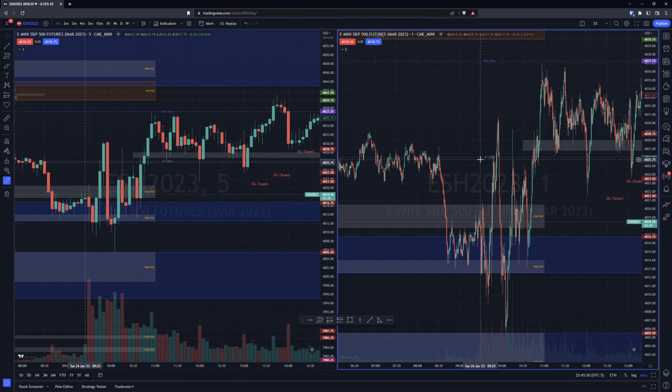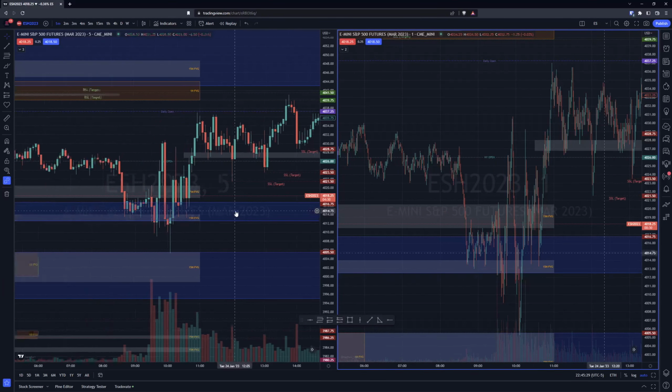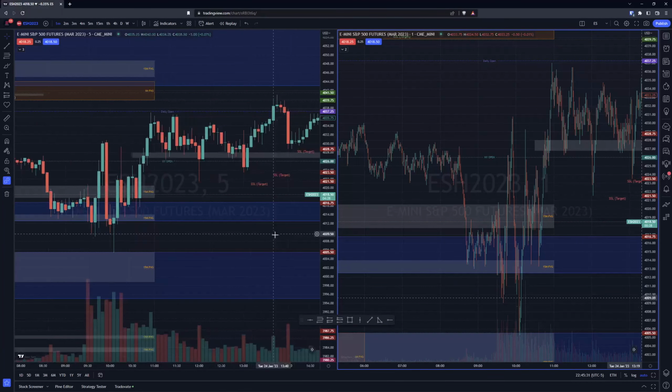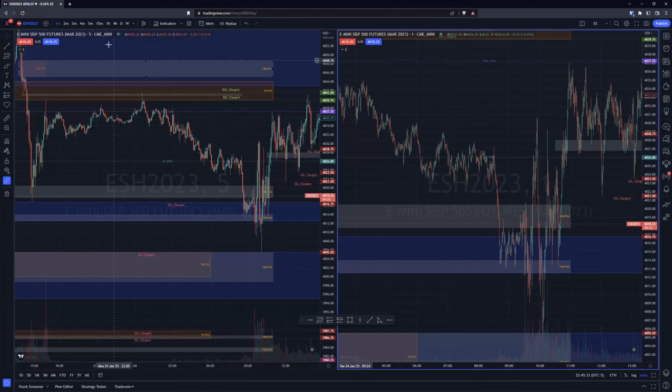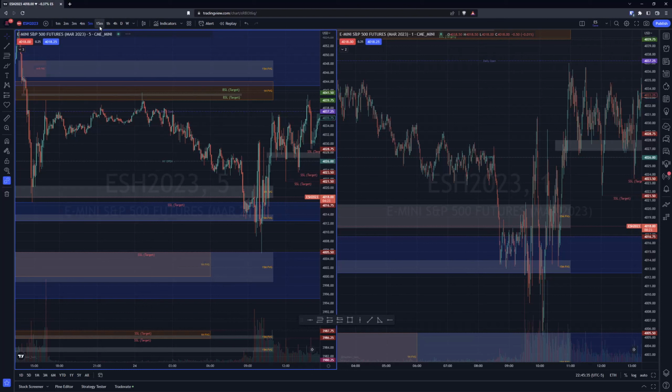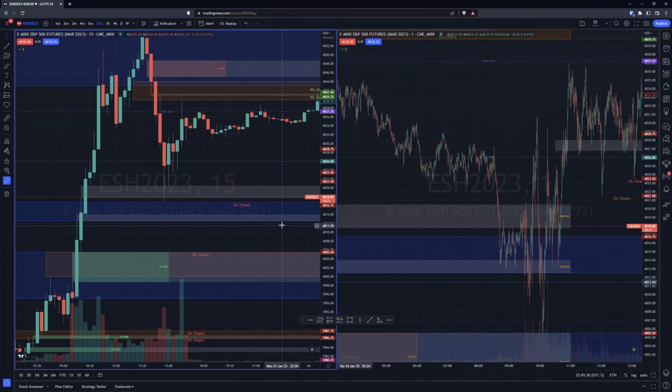I indicate that here with this little turquoise line, and we immediately dump down, and we dump down into, I believe, a 4-hour fair value gap. I'm going over here to my 5-minute chart. It's easier to see. Actually, let's switch that to 15-minute.